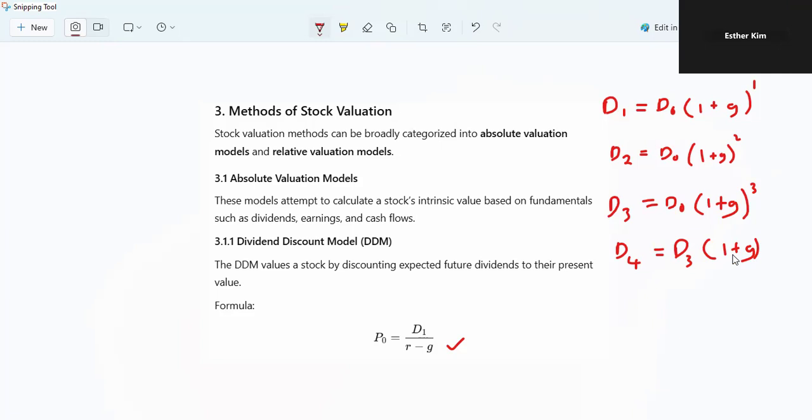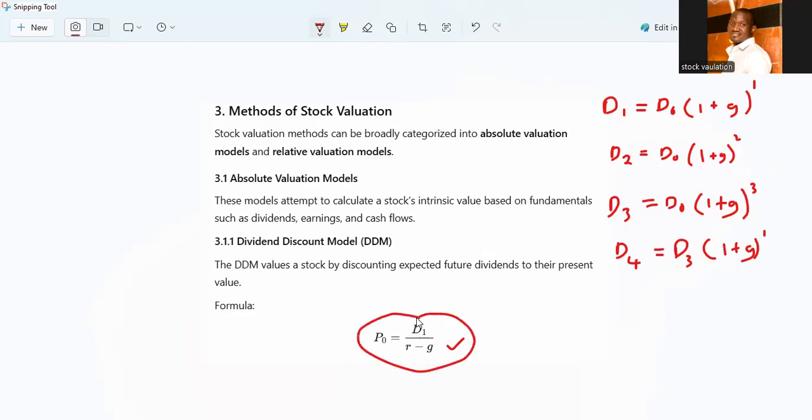Yes, power 1. So this is our constant growth model. Now, I want us to understand how to arrive at the value of stock today, but firstly,